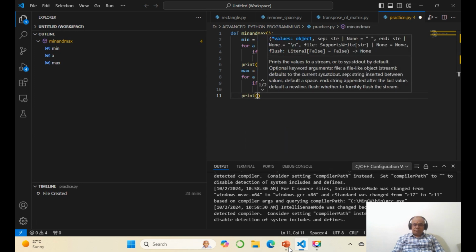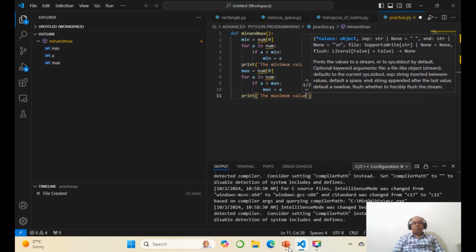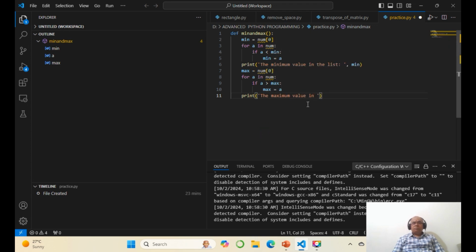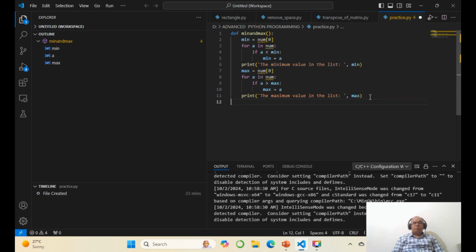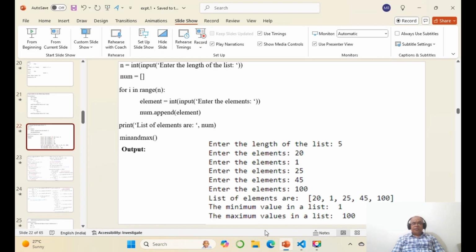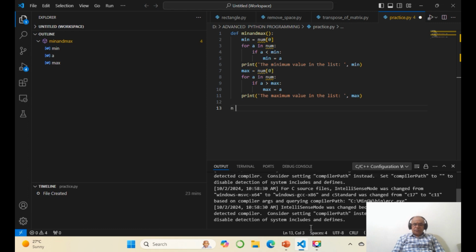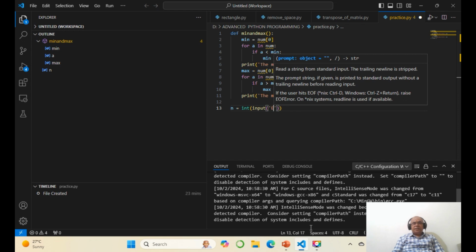print the maximum value in the list: max. Okay. Once you do that, next, now we will go for writing the main program. N equals int input, enter the length of the list,